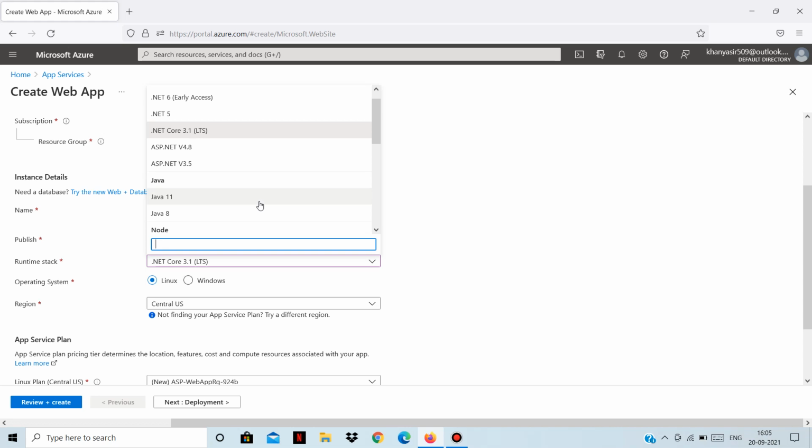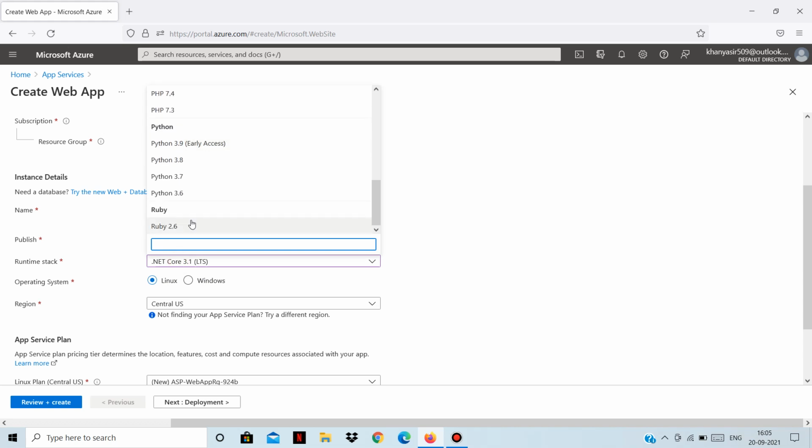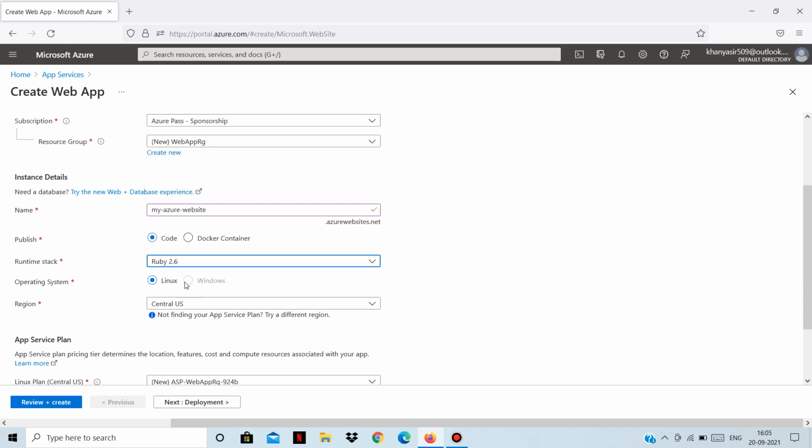After you choose a runtime stack, it will show whether your application is available for both or for one operating system only. If I choose Ruby as my runtime stack, it will disable Windows, meaning Ruby is only available for the Linux operating system. So the Azure portal helps me choose my operating system.